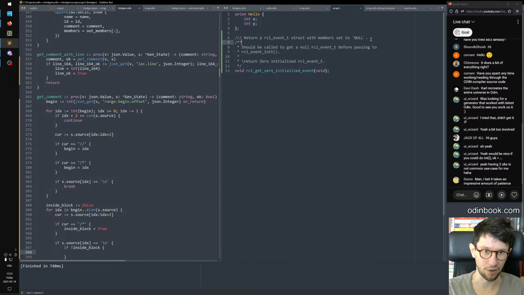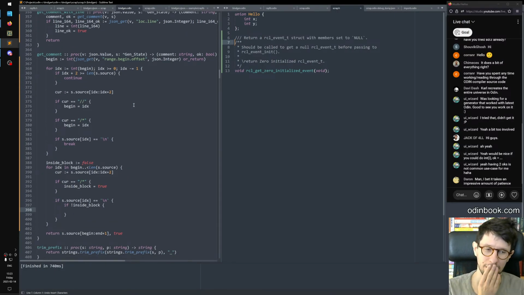So if we are on a comment that has double slash and we get a new line, the comment might end, but we need to go on a bit and check on the next line, if we skip all white space, what is there? Is it another comment? In that case, we continue, or is it one of these? Then we go into a block. But if it's anything else, then we stop. It's a bit